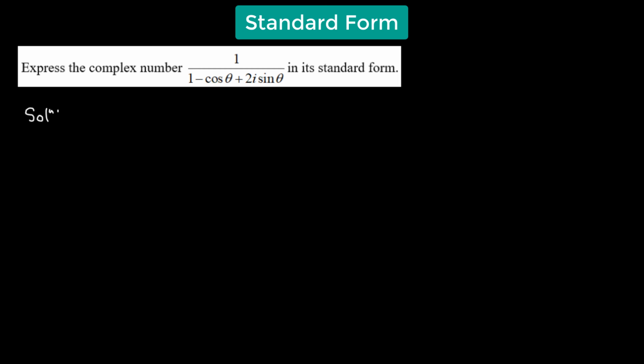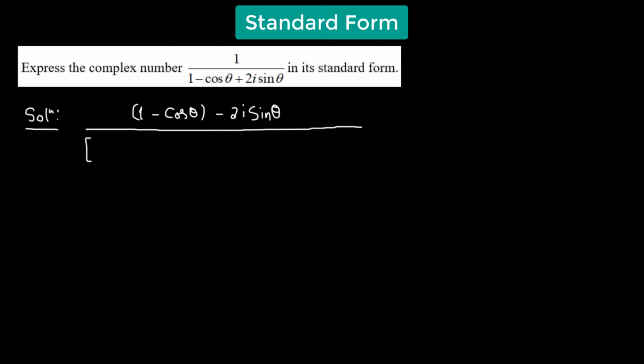Well, let us begin by multiplying the numerator and denominator by the complex conjugate of the denominator, which will be 1 minus cosine theta minus 2i sin theta divided by 1 minus cosine theta plus 2i sin theta multiplied to 1 minus cosine theta minus 2i sin theta,